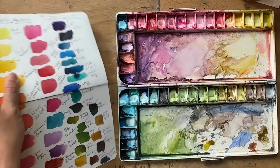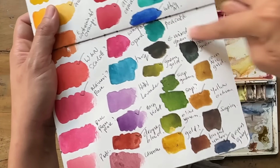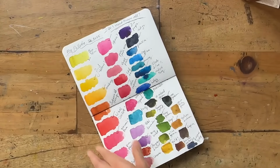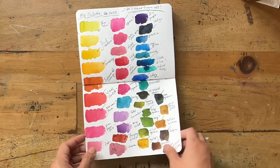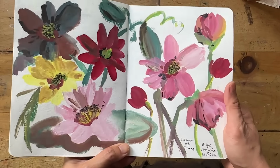And now looking at this, I just love this whole little section here with my earthy stuff, and I don't know if I can let it go. So that's that. That's this page. What's next? This is also just a rough gouache,